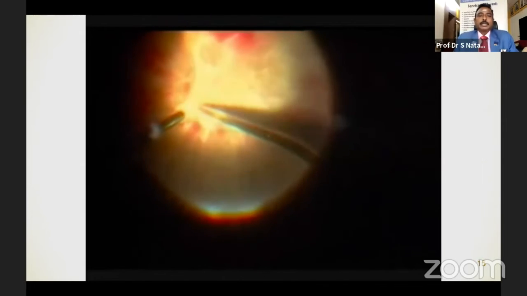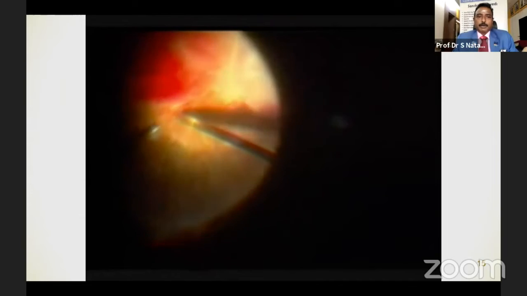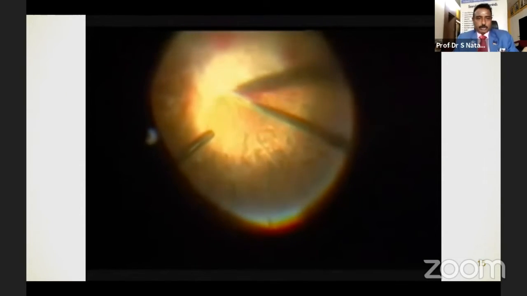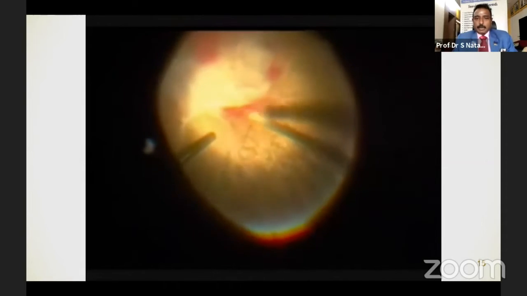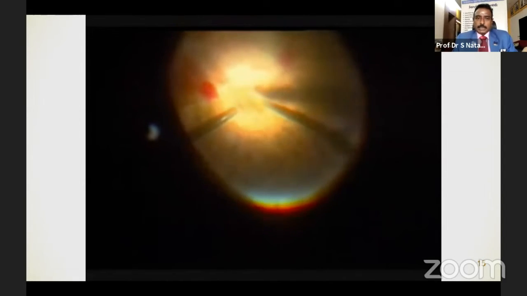Only thing is you can see that again I'm using the proportional mode to push the fluid between the membrane and the retina, and you can see the membrane is extending from the disc to the periphery, and then here again I'm doing the same. You can see the fluid being flushed between the membrane, and you saw the blood gushing out. So it's actually creating a cleavage, like using a gush of water as a blade of knife. And you can clear the pre-retinal hemorrhage which happens,